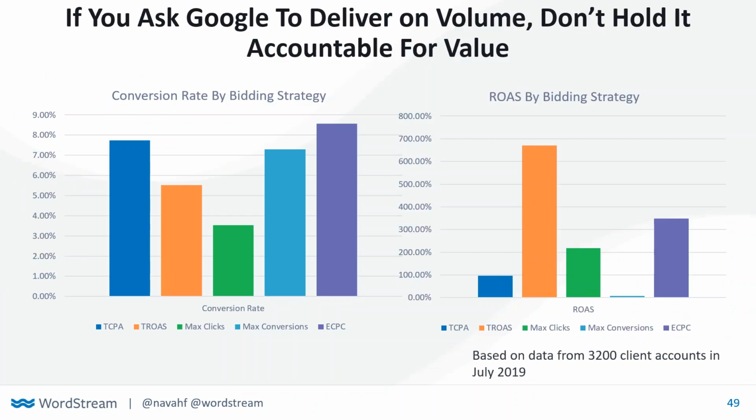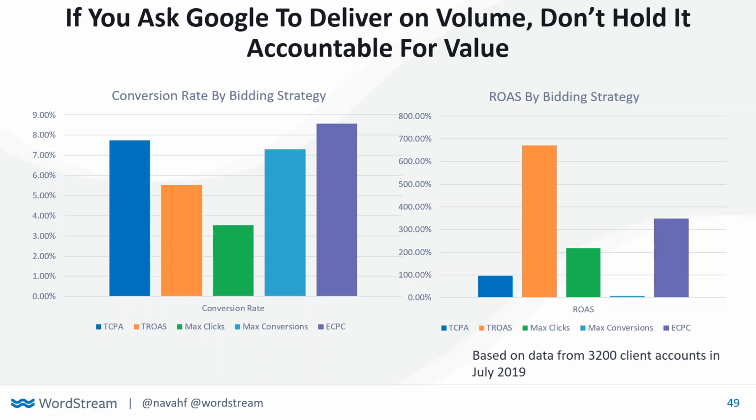Now, if you do ask Google to deliver you volume, you cannot hold it accountable for value. So what we actually did is we took a look at a base group of WordStream accounts, and we saw that when people were leveraging, say, ECPC, that enhanced cost per conversion, max conversions, TCPA, conversion rates were pretty high. In fact, ECPC had some of the highest conversion rates. Yet when we actually looked at the metric that I would argue matters a little bit more, ROAS, or return on ad spend,